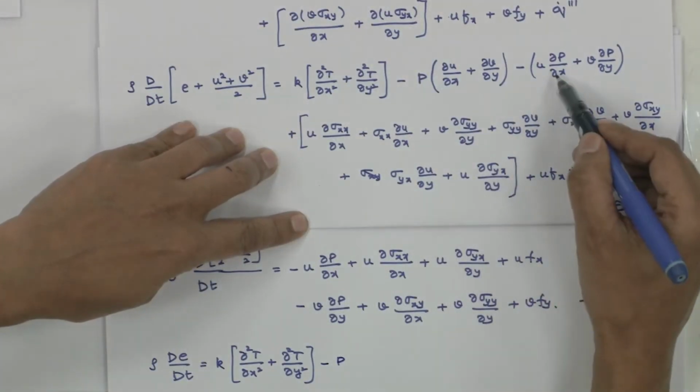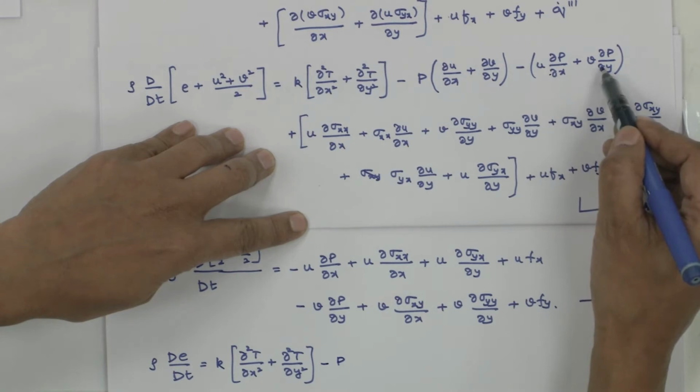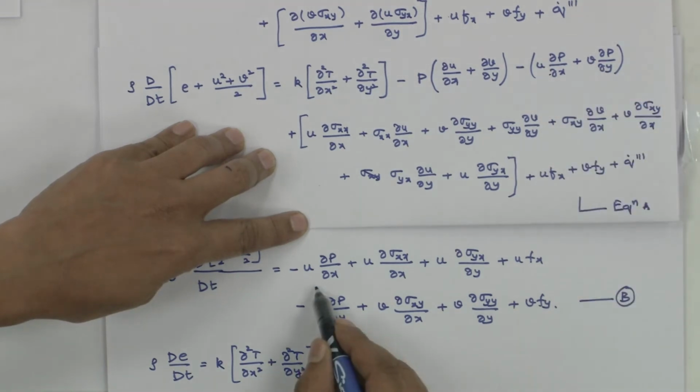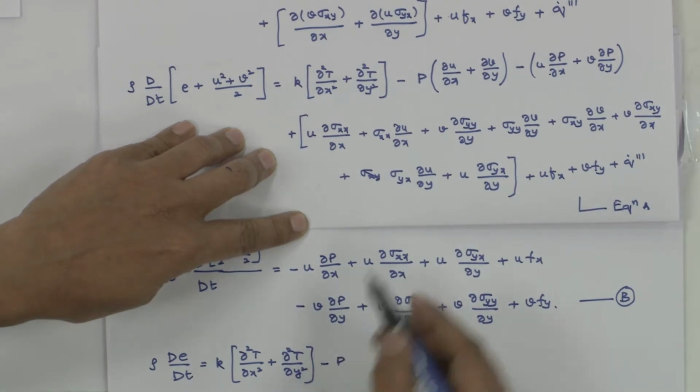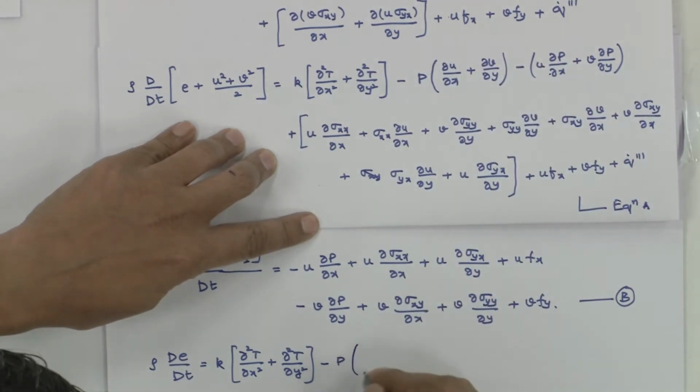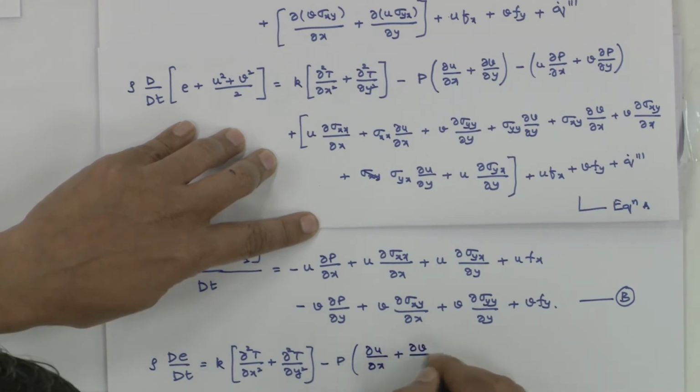So you have minus p, this term is not there, p del u by del x, del v by del y is not there, but you have u del p by del x and v del p by del y, which will get cancelled out with u and v del p by del y. So you are left with minus p (del u by del x plus del v by del y)